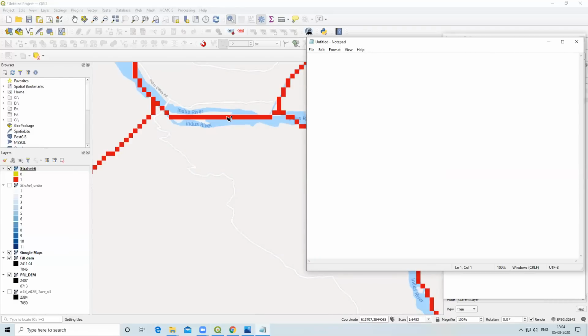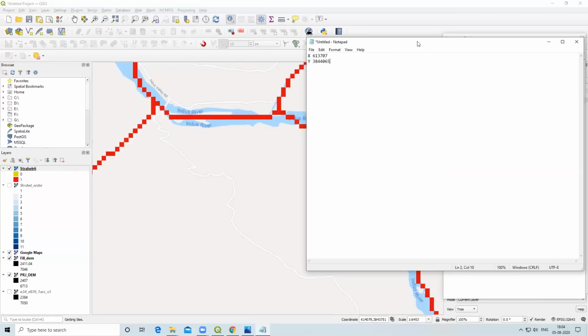This point's value is shown below in coordinates. So x is 613,707, and y is 3844065. This is the coordinate I have taken at the point.